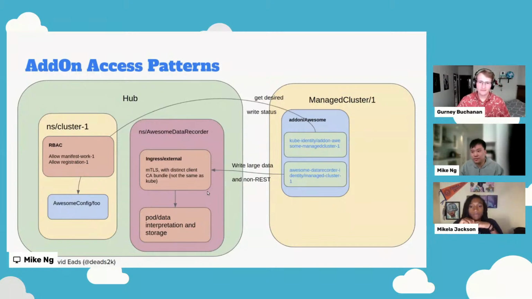So this is basically it in terms of my presentation. In terms of our presentation, we talked about how to join a cluster, what happens during the joining process, what happens afterwards, how the information flow looks, how the permissions look, how to keep the data segregated, and how to create add-ons and how add-ons work.